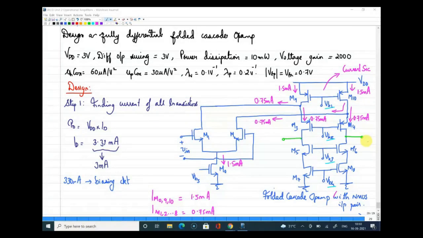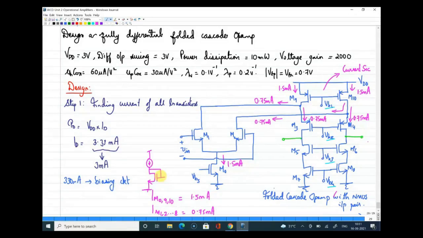All right, so these are the currents. Now I'll come back and answer what Anushka asked before, about the biasing part. The M0 transistor is carrying 1.5 milliamps of current, and now I need to bias M0 using a suitable voltage, which is VB5. How will I do that? Generally, I take a current mirror. This is a very simple way to do it, but practically we will take a better current mirror version. What I am showing is a very simple version of a current mirror.